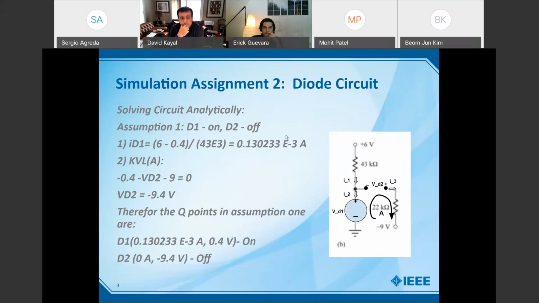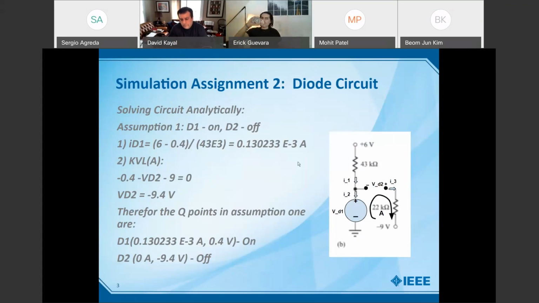So to find the current going through, we can continue solving the circuit analytically by using basic circuit analysis that you learned from 231. To find the current going through this branch, we just take the voltage difference between this voltage point and this voltage point. We chose the voltage drop across a diode when it's on to be 0.4, and here it's just 6 volts. Then it's going across a 43 kilo ohm resistor. From that, we get the current going through it is